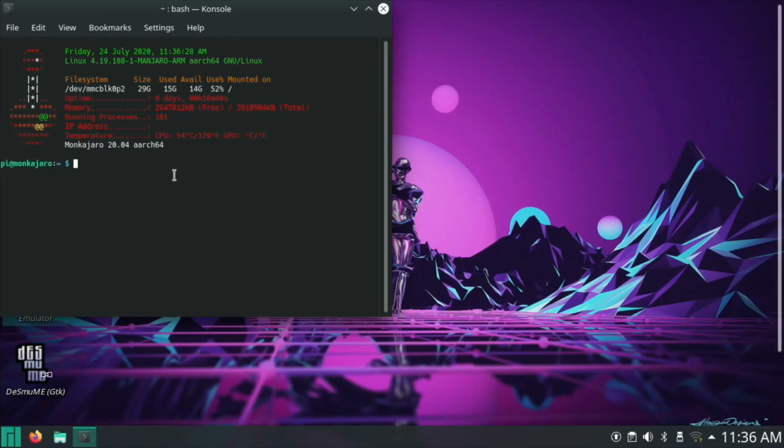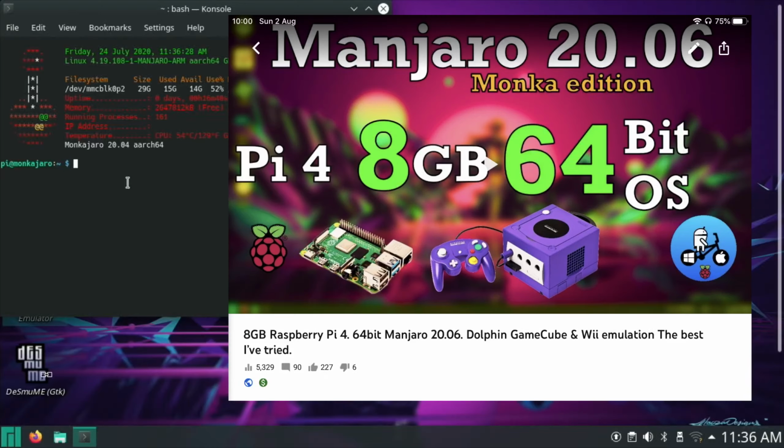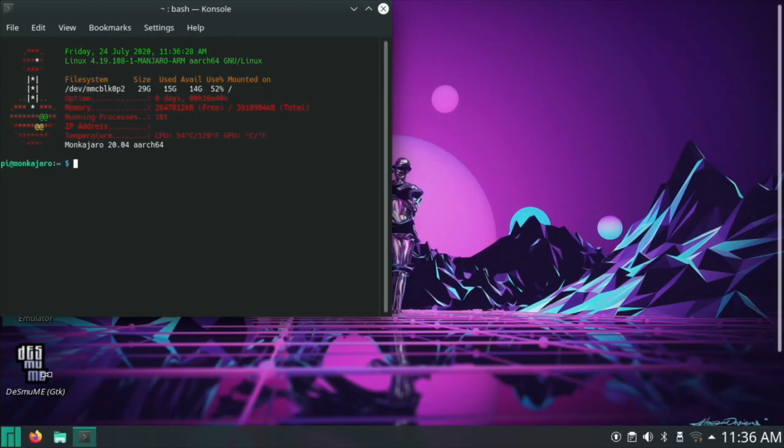And this is running Manjaro 20.04. There is a later version of this, which I thought I had on an SD card, but I didn't. So I'm going to use this one because the Dolphin emulator works well on this anyway. And it's only really showing the frames per second. So this isn't about getting the game to run well. This is to see if the 8 gig model runs it better. So let's close that down